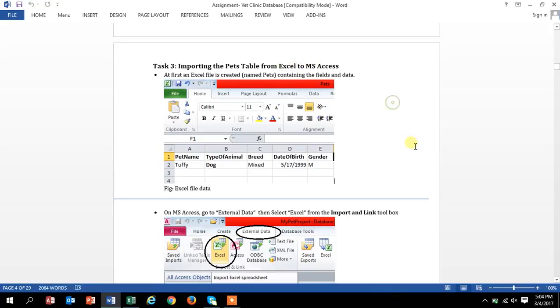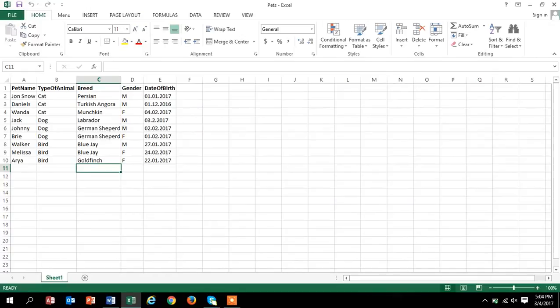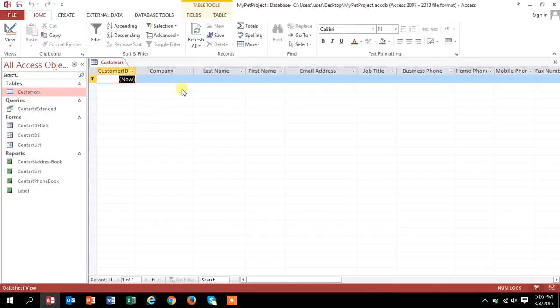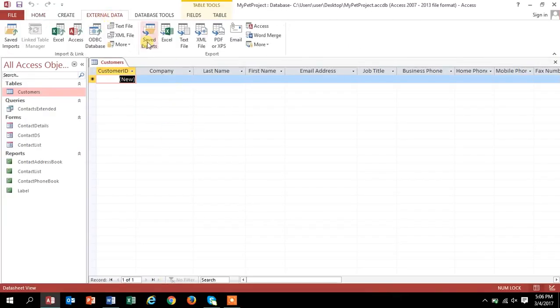For that, we need to go to Microsoft Excel. As you can see, I have created a pet table on Microsoft Excel. This table will be imported to Microsoft Access and then collaborated with the saved table of Microsoft Access that I have done before. Now to import the Excel file, we need to go to External Data, click on Excel, and